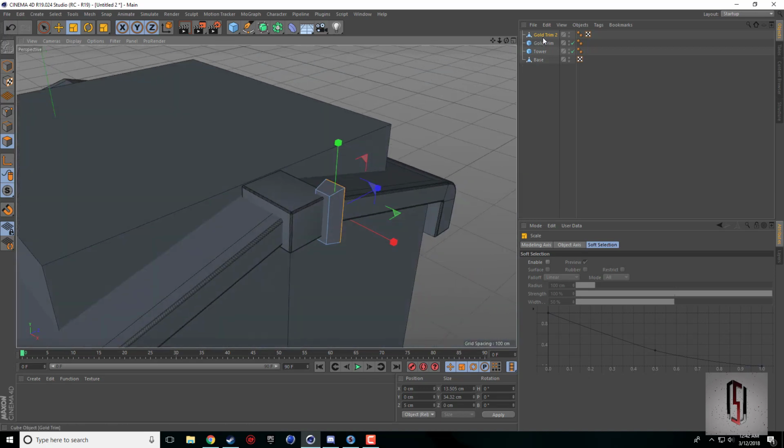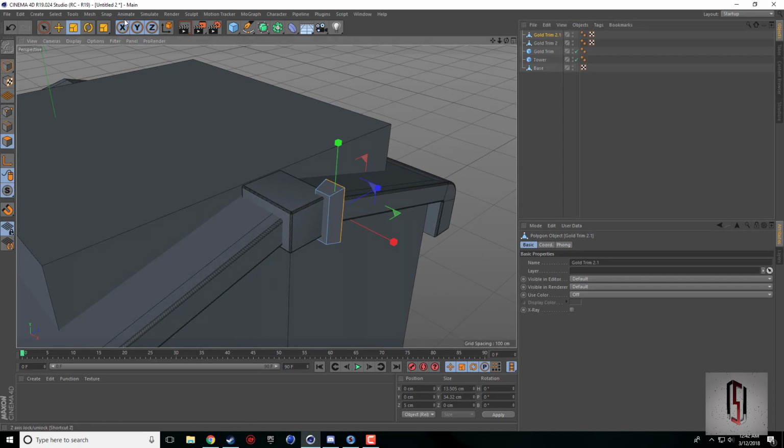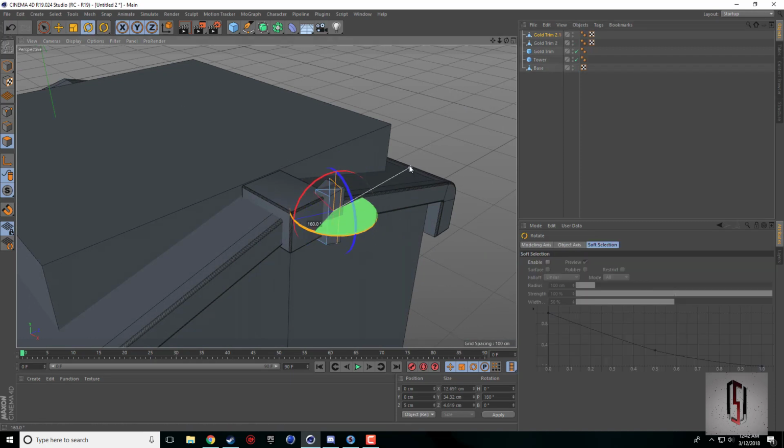I think that's looking pretty good. So I'm just going to copy and paste that. I'm going to rotate this 180 degrees. If you're holding shift while you rotate, it'll snap to those 10-degree increments. And now since this building is perfectly centered, if we look in the Z, right now it's at